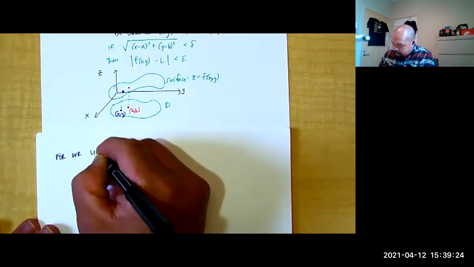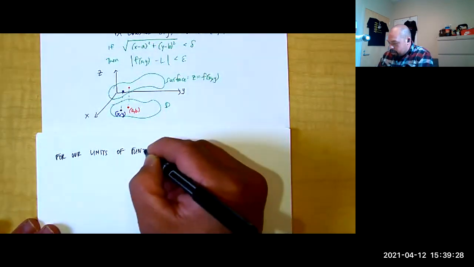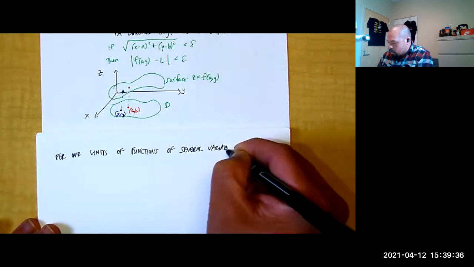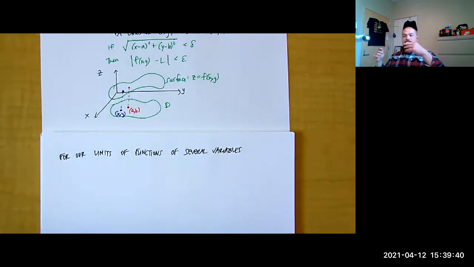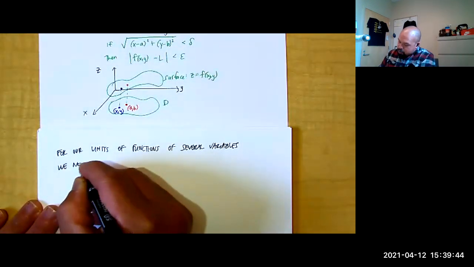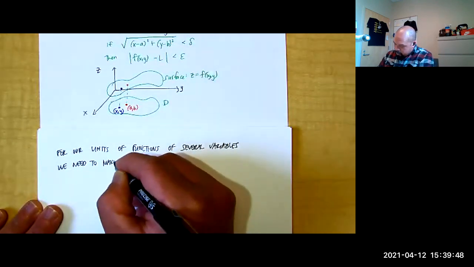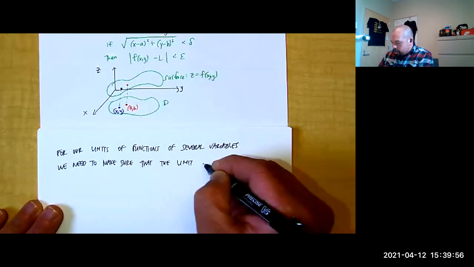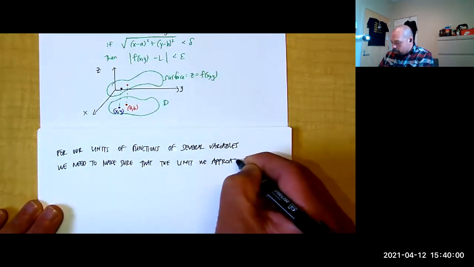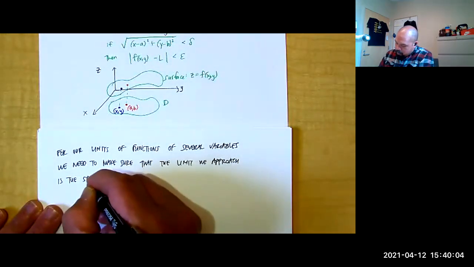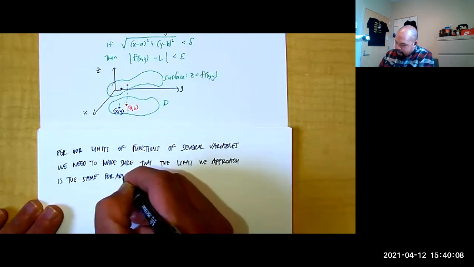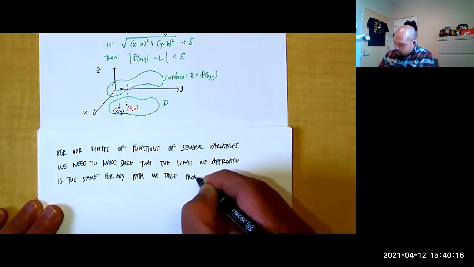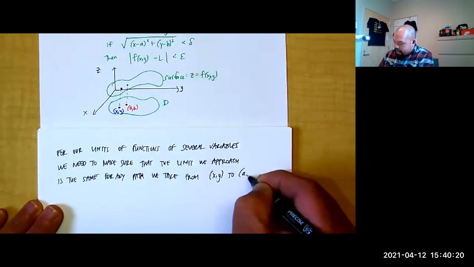then for our limits of functions of several variables, right, instead of just thinking, okay, we're approaching from the left, approaching from the right, we need to make sure that the limit we approach, right, that value we approach, is the same for any path we take from our point x, y to get to that final value a, b,